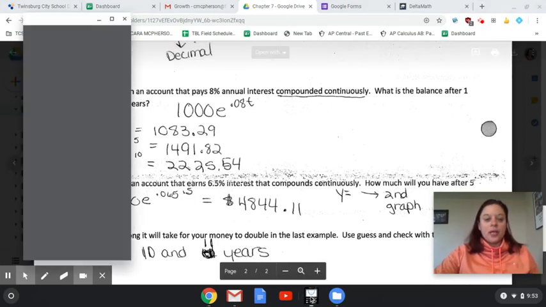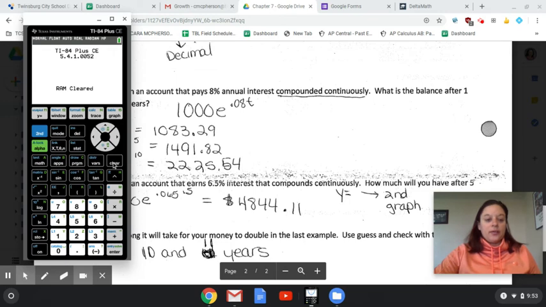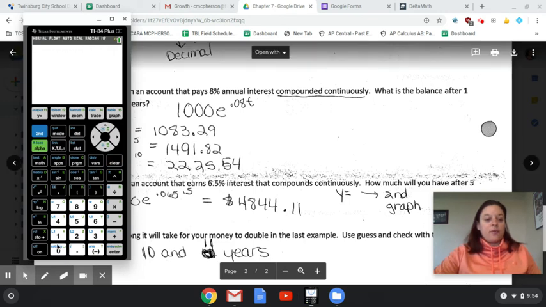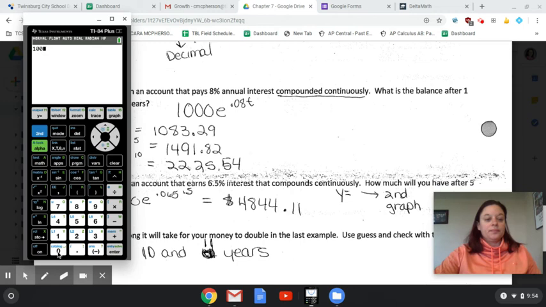On your calculator, if I just want to put in the basic formula, I'm going to type in 1,000. The E button, again, you have to hit second, and then the button that has the LN on it, it has the E in the upper corner. And then your exponent is going to be your interest rate times your time. So if I want to do 1 year, I'd do 0.05 times 1 year. After a year, my money would be up to